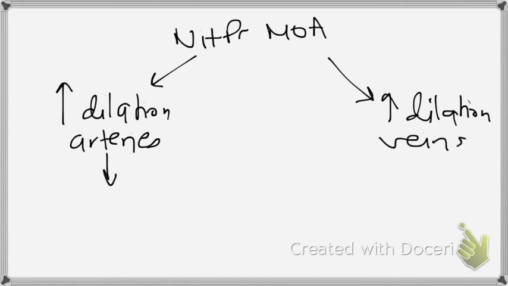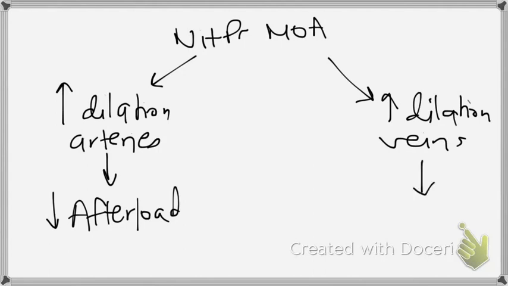Increased dilation of arteries results in decreased afterload because now you have less resistance against the flow of blood in the arteries, and increased dilation of veins will result in more blood in the veins, which will result in increased venous return, which will obviously result in,